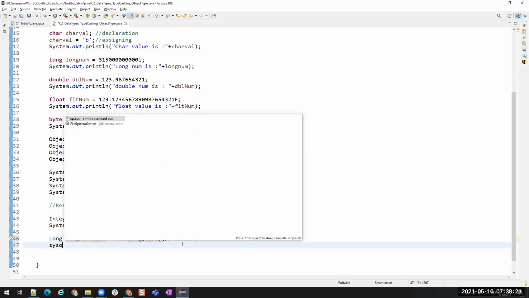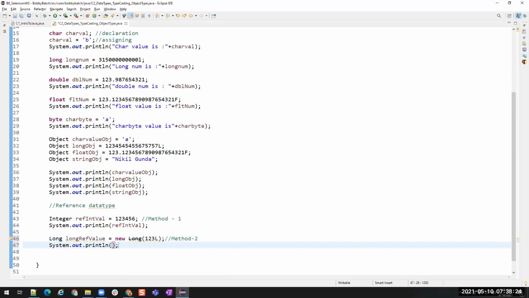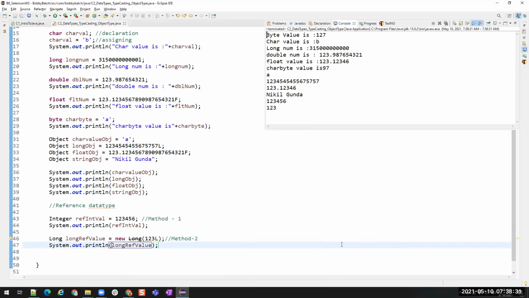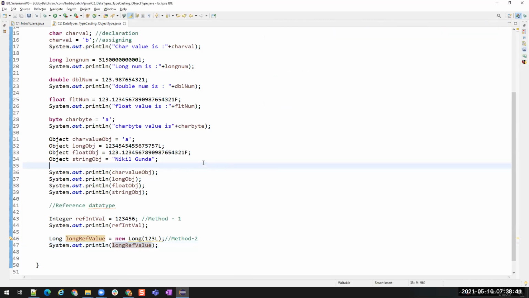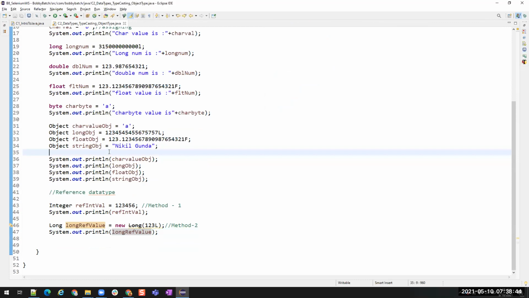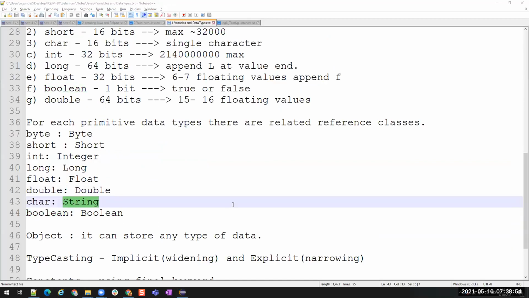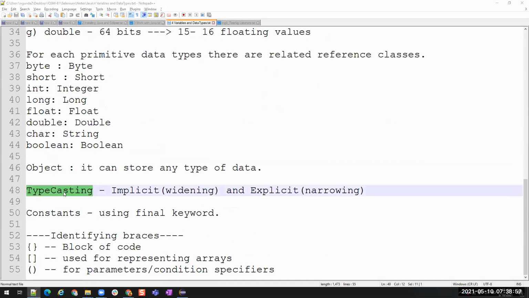Okay. So, if I run, it stores the same values. You see 1, 2, 3, 4, 5, 6, and 1, 2, 3. Right? Okay. And this is similar for all the data types. And let me show you which is different again here. So everything is the same from our things except the string. So let me show you one string, and then we can move to typecasting and constants.